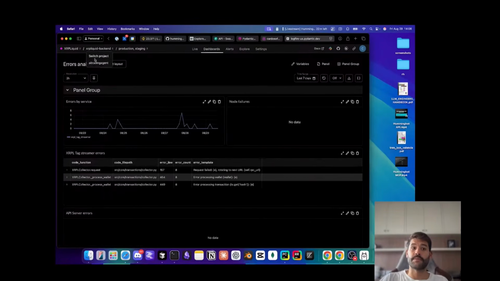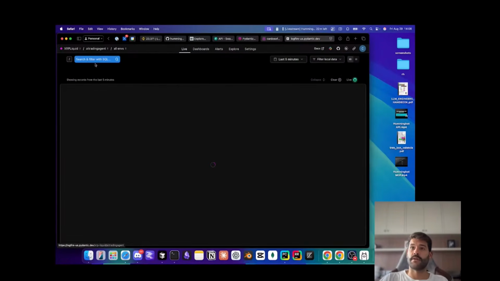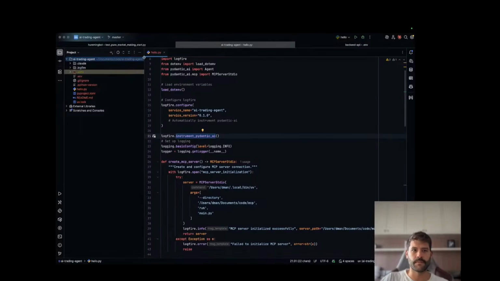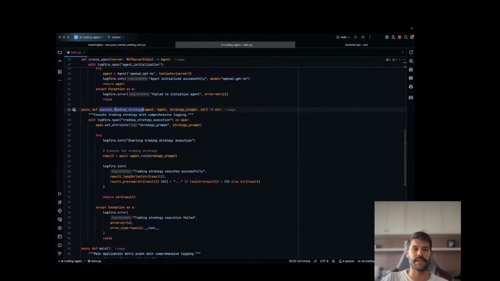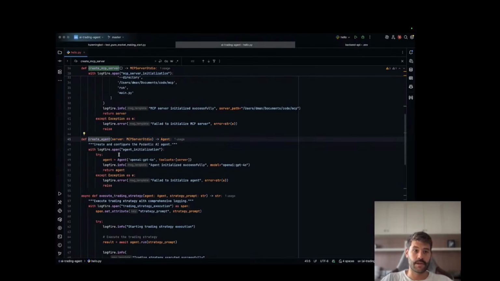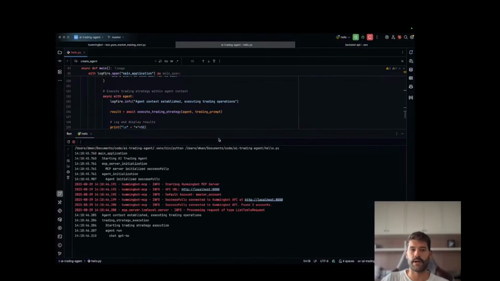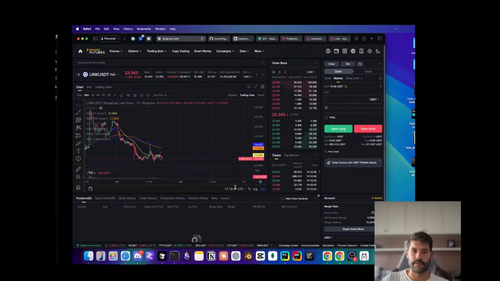And it also has MCP, so you can connect this to Claude Code. While you are developing, Claude can use the MCP of Logfire. Let's review the program. This is really nice. It abstracted this into a trading strategy, so you can pass an agent and a strategy prompt. Create the agent with the MCP server. Perfect, very simple. But well, let's run this, and I would like to show you how it really works with